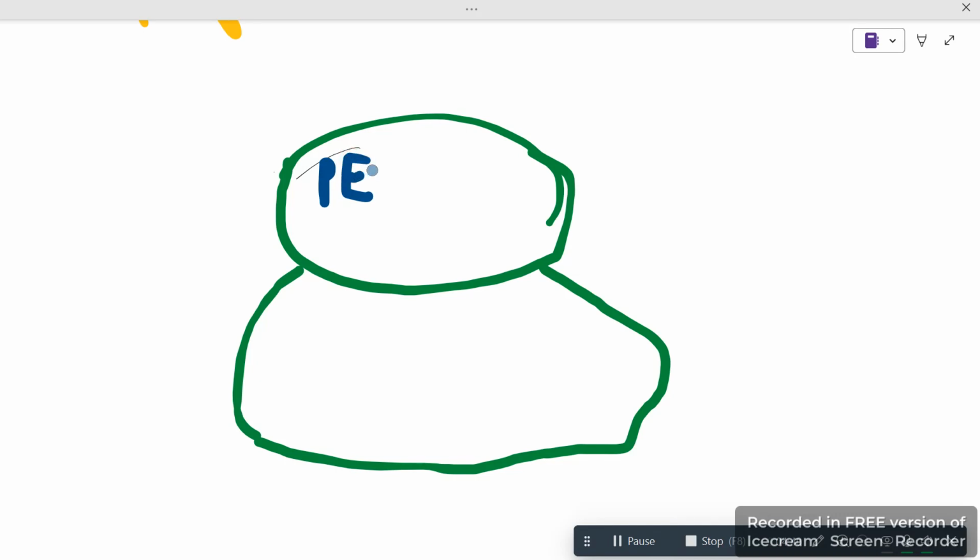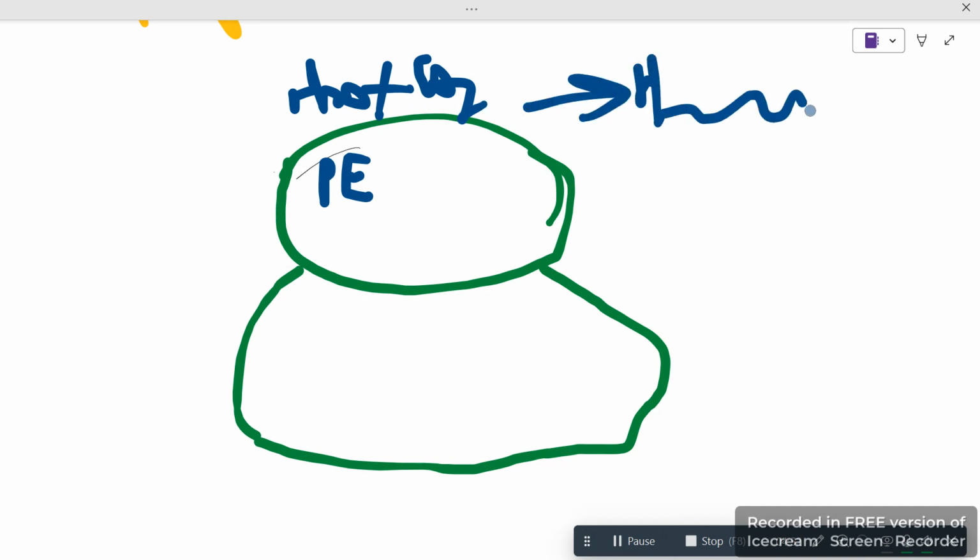Before that, we also need H2O. When H2O and CO2 combine, they form H2CO3. This should be very clear when we discuss it. Then H2CO3, we can call this the product. So when PEP